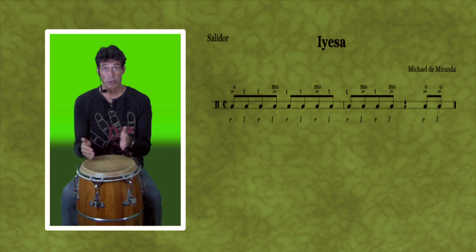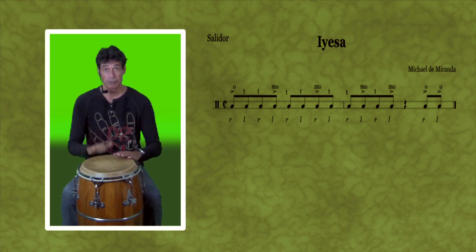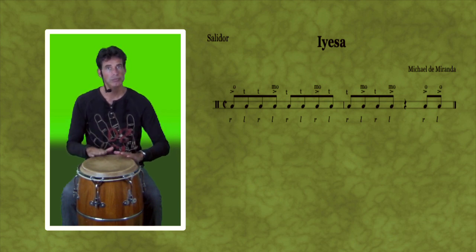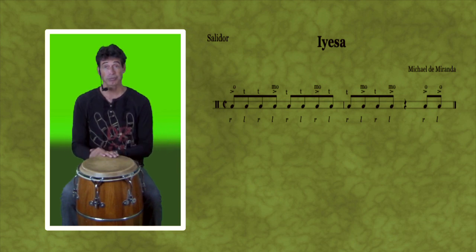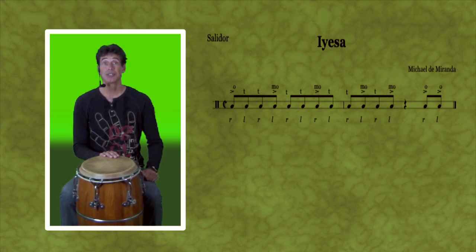you can play all the way with fingertips in between. That's possible too. Yeah, that's this pattern. Okay, let's go to the last pattern, which is played on the primero, and that's also